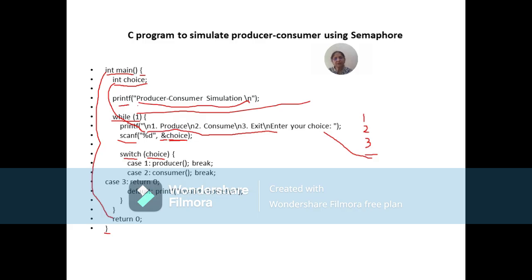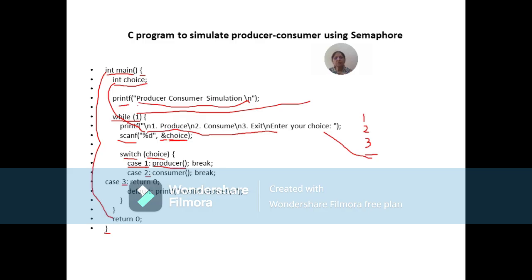Now, what are the different possibilities of the choice value? The first possibility is choice can be 1. The second possibility is choice can be 2. And the third possibility is choice can be 3. So let us see, if choice is 1, this condition is true. Case 1, that means choice is equal to 1. Yes, the condition is true. And then we are making a call to the producer function.